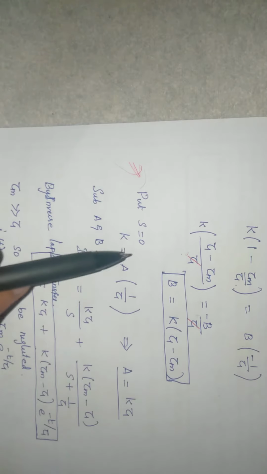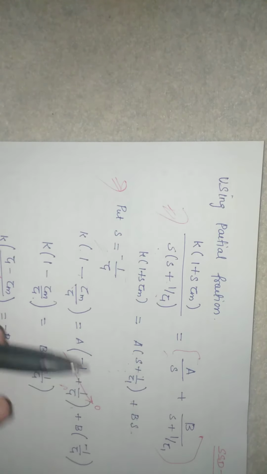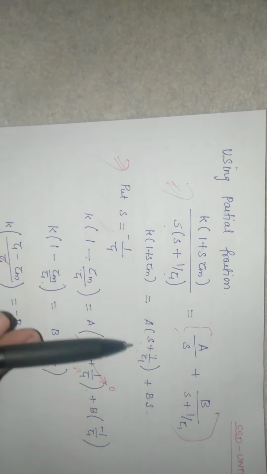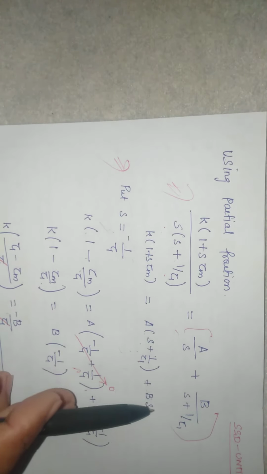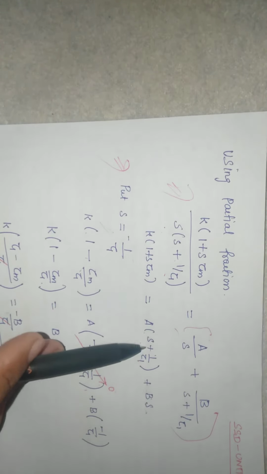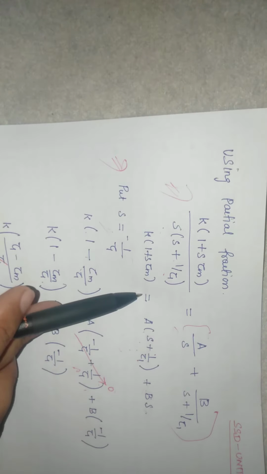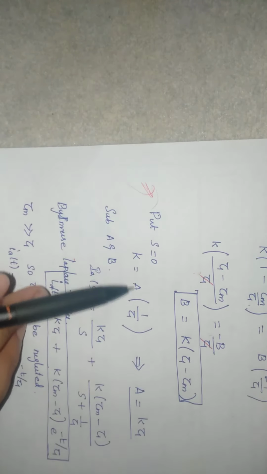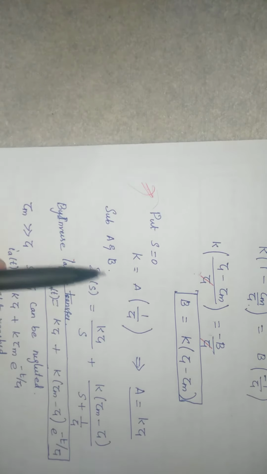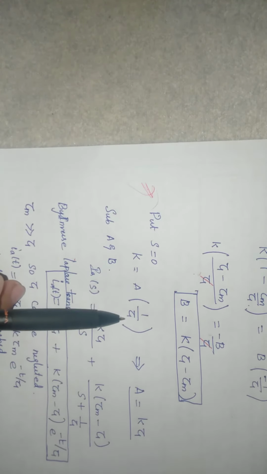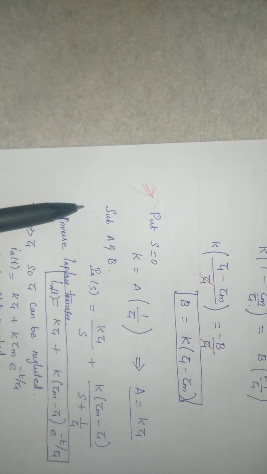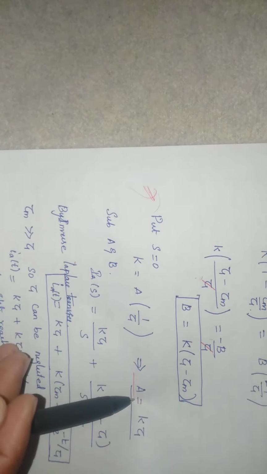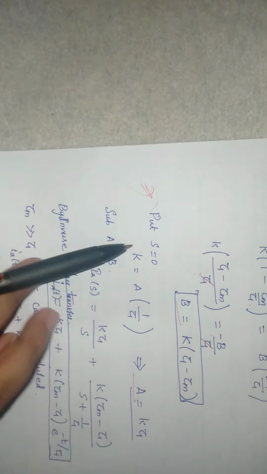If you are substituting s equal to 0 in the above equation, the b term becomes 0, and the remaining term is a into 1 divided by tau 1, which is equal to k. So k is equal to a into 1 divided by tau 1. From this term we can identify that a is equal to k into tau 1. Now we substitute this a value and b value into